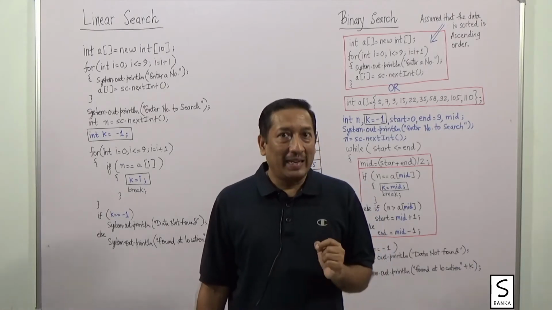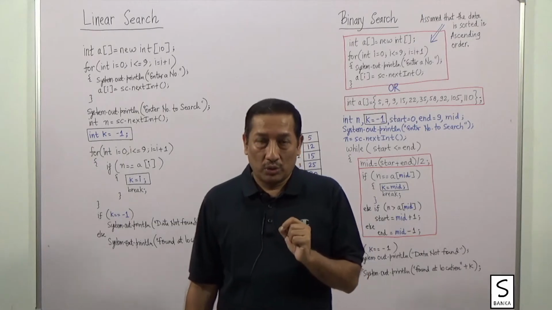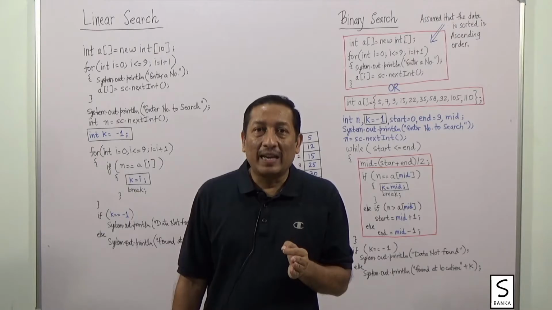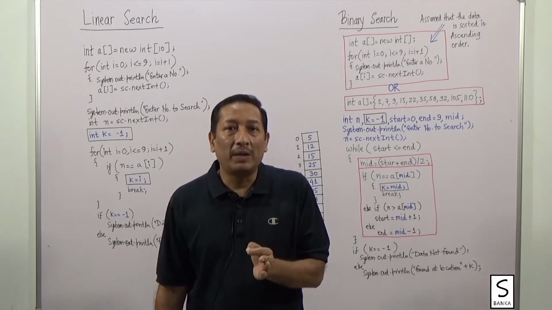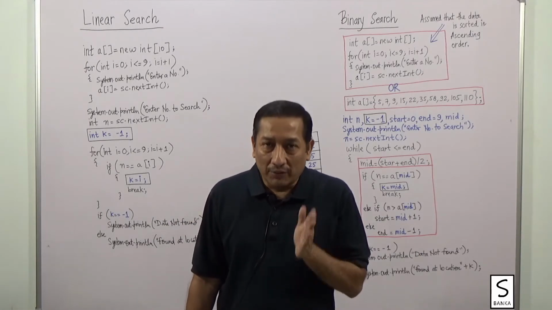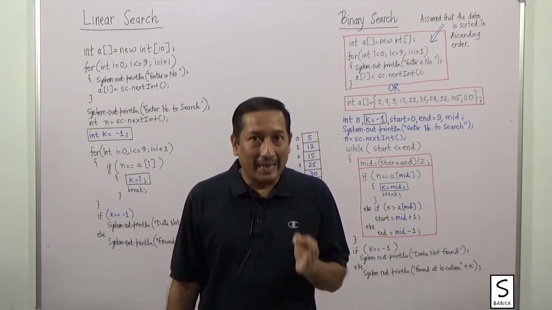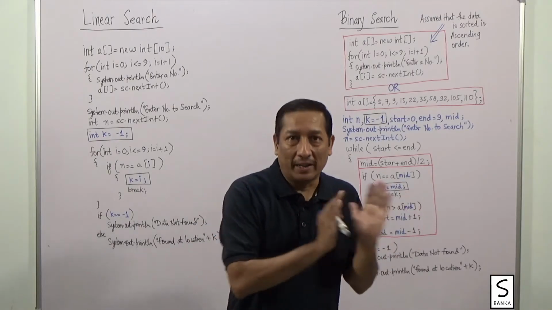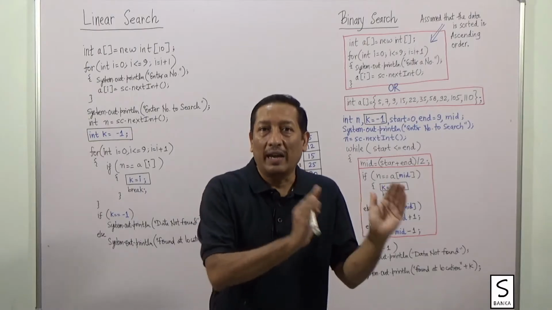Now in an array, in Java, since the location starts from 0 to whatever the size of the array is, I have taken k as -1 because never in an array can a location be numbered -1. So the value of k equal to -1 as a default value implies that right now our data is not present in the array. So -1 implies right now our data is not in the array.